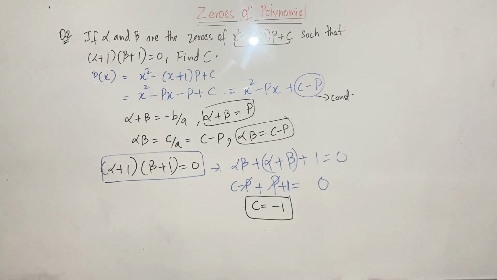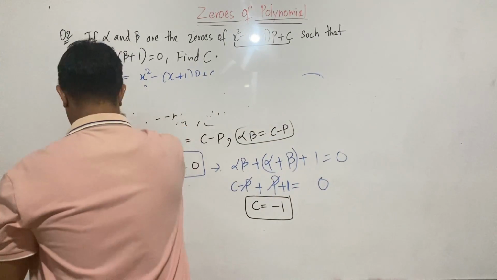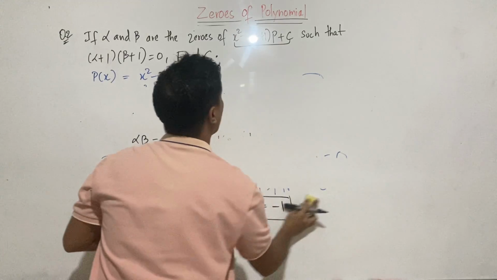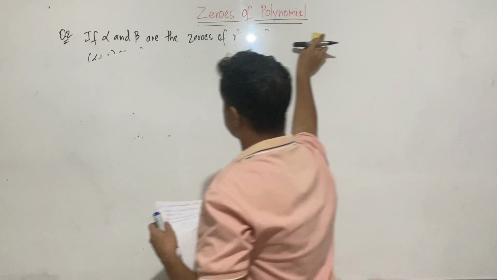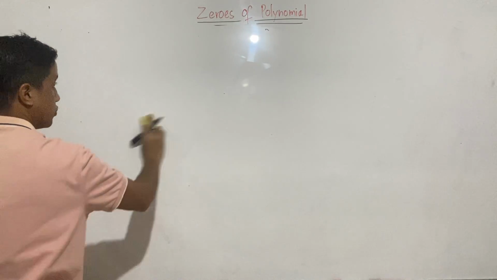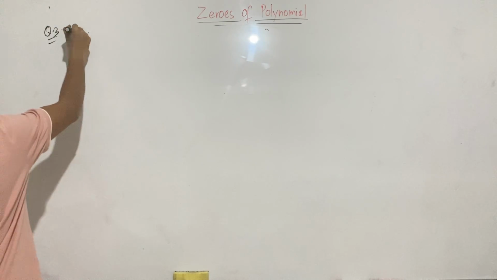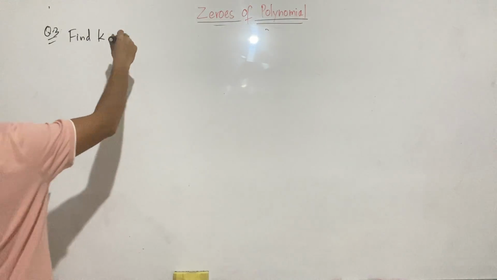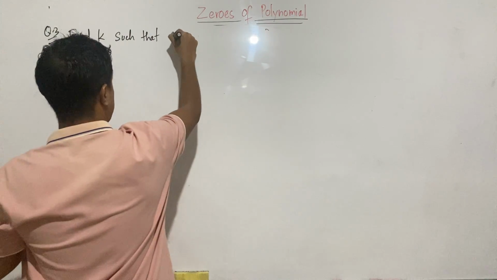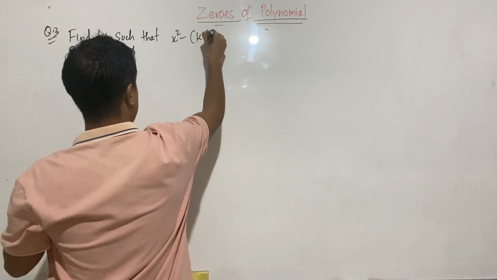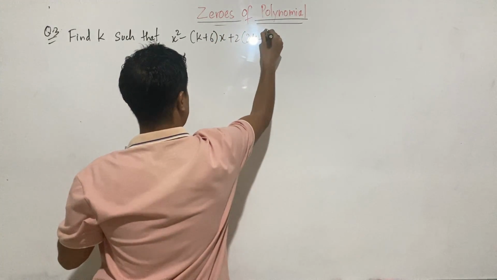Okay, let's take one more question, and we'll summarize this session. So it says question number 3, find k such that x squared minus (k plus 6)x plus 2k minus 1